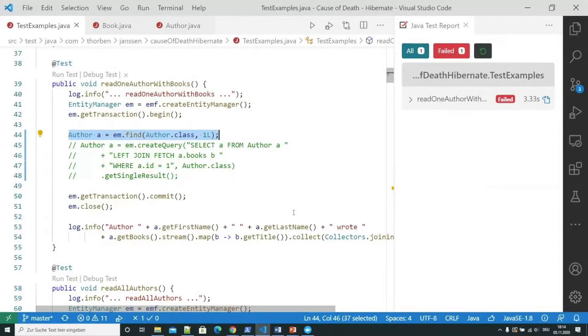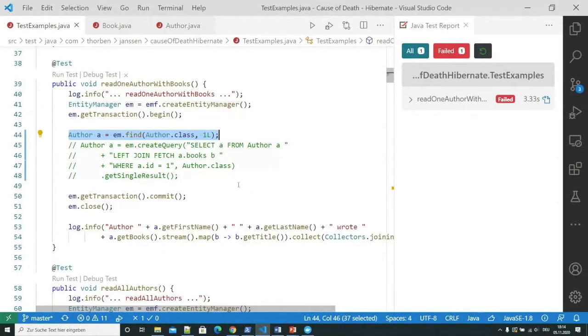In all the examples that we will look at tonight, we're using a basic domain model that could be used in an online bookstore. So we have authors, we have books, we have publishers. Just a typical example domain model.